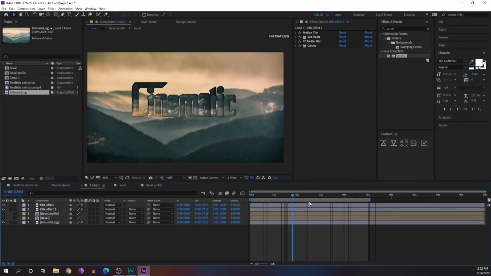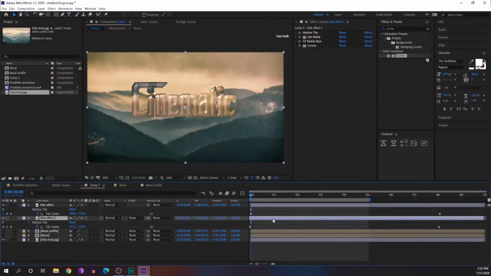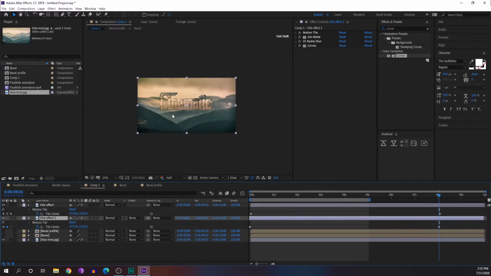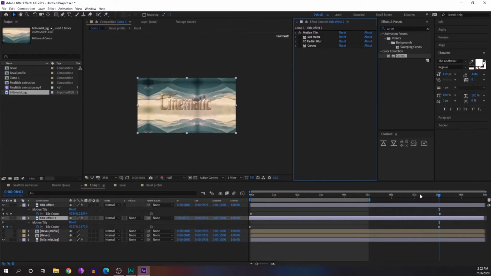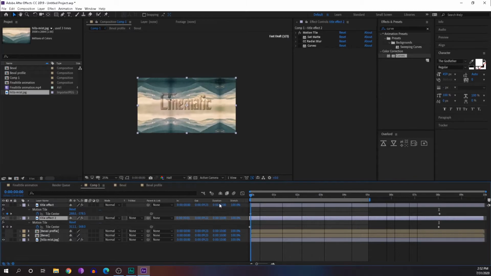If you want to edit that reflection animation in any way, and see what's happening in that reflection channel, we can disable the rest of the effects. Now we'll be able to see what's happening in the reflective animation.